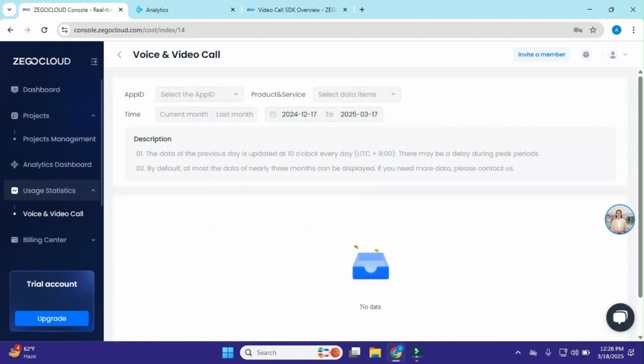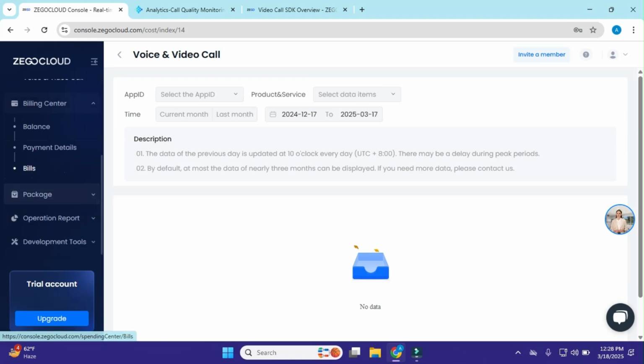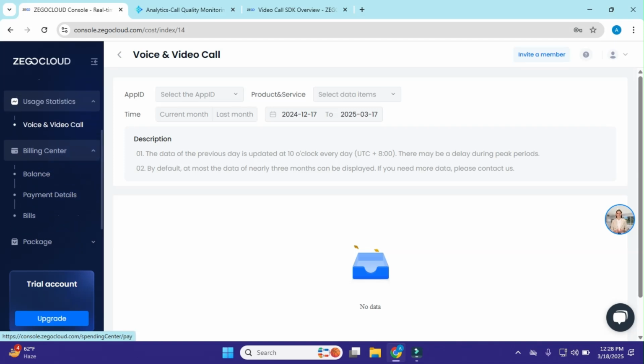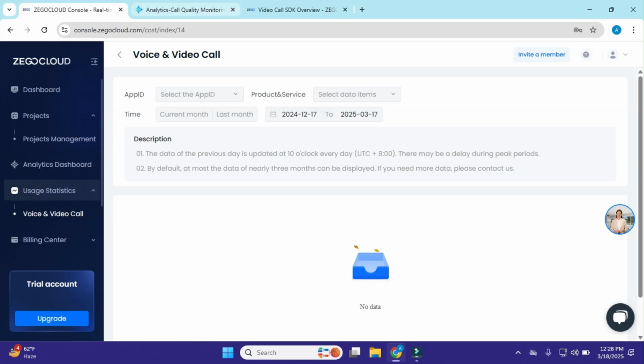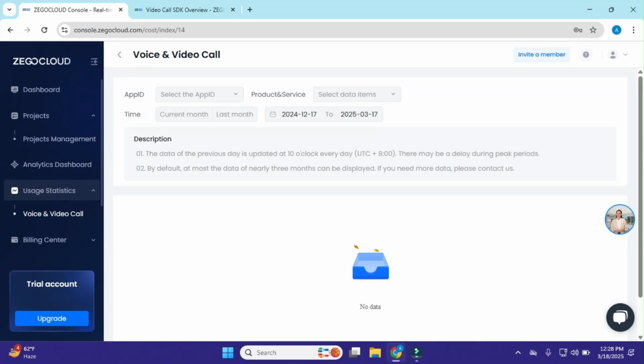So when we integrate this and use the minutes, it automatically shows the statistics here, and we also have a billing center. Okay, and in the billing center, if we go with a paid plan, all the details are shown here. Okay, that's it. And now it is showing analytics, so I'll close this for now. And now the thing is to just go to dashboard.